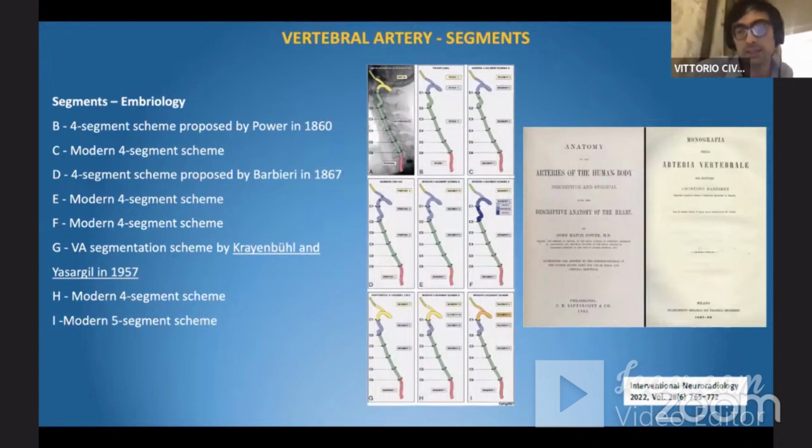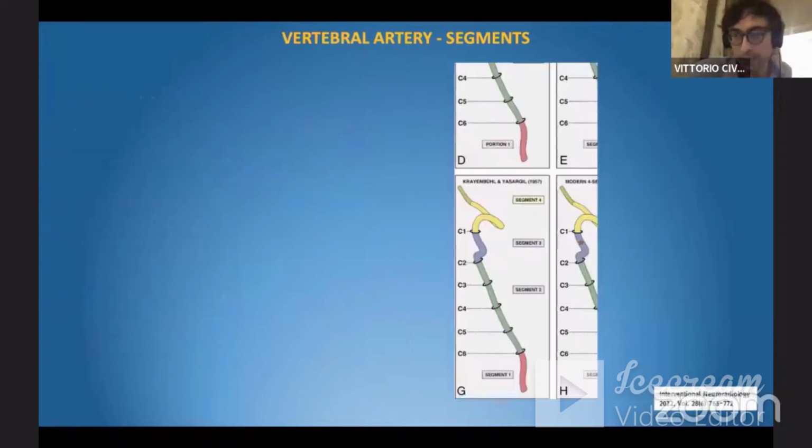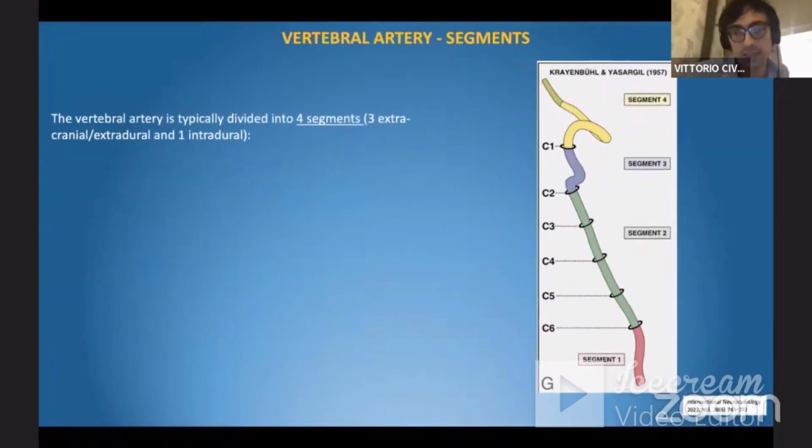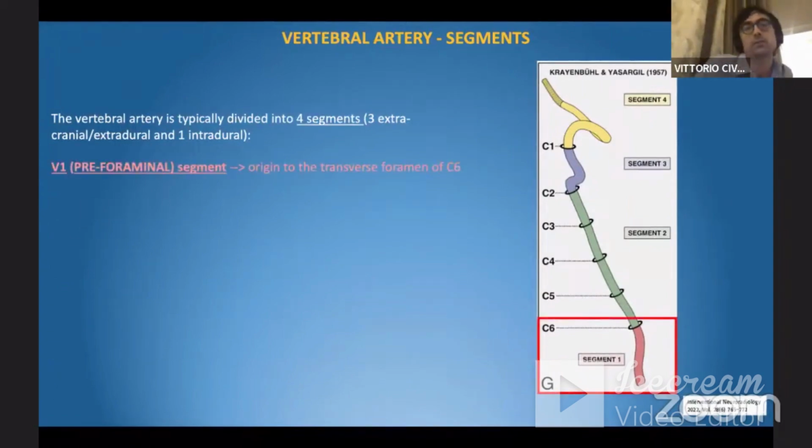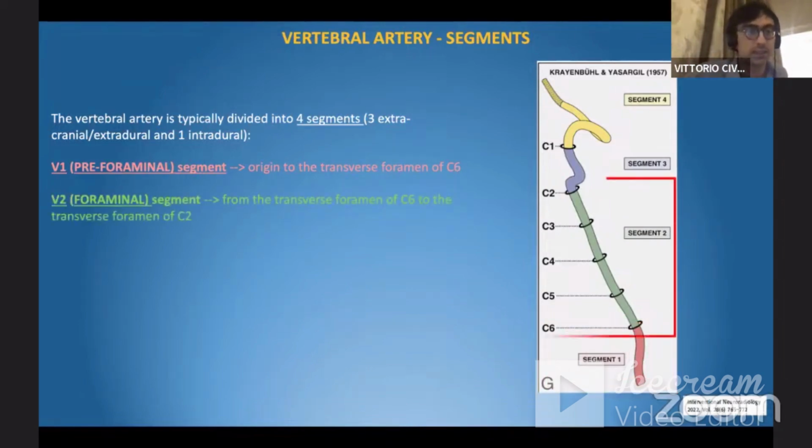Going a little bit deeper into the segmentation, there have historically been several proposals for segmentation of the vertebral artery, and we can identify this segmentation as the most used today. We identify 4 segments, the so-called V1 or preforaminal segment, which goes from the origin to the transverse foramen of C6. Then we have the V2 or foraminal segment that goes from the transverse foramen of C6 to the transverse foramen